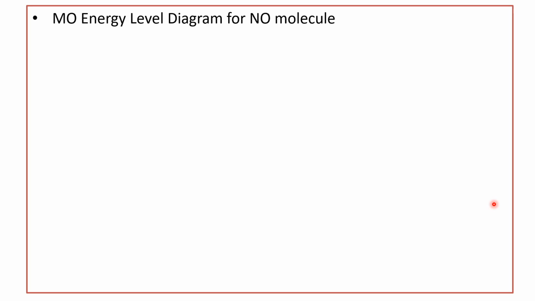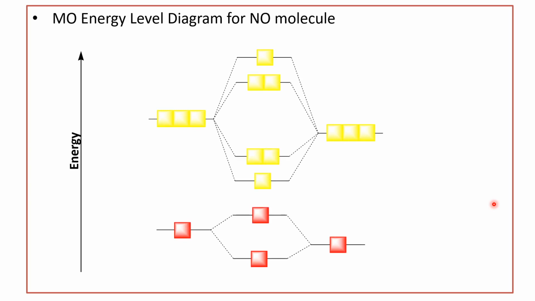So based upon this, we have the energy level diagram drawn across the energy axis, that is the increasing energy axis. This is the MO energy level diagram for the NO molecule. Towards the sides, we have the atomic orbitals, and at the center, we have the molecular orbitals. The first atomic orbitals are for the less electronegative atom, that means nitrogen. The second atomic orbitals are for the more electronegative atom, that means the oxygen atom. And the molecular orbitals are for the NO molecule, that means the nitric oxide molecule.